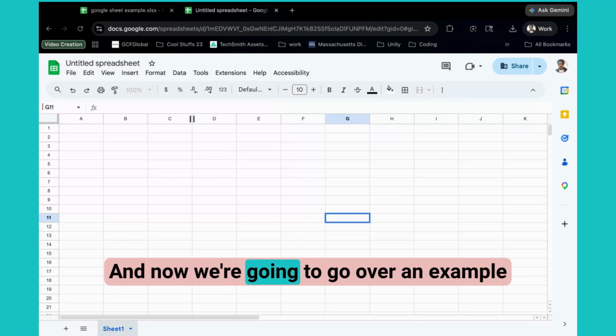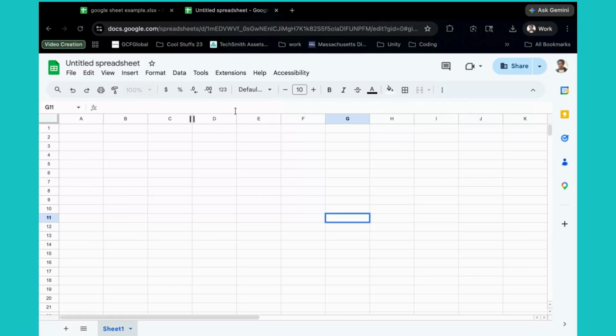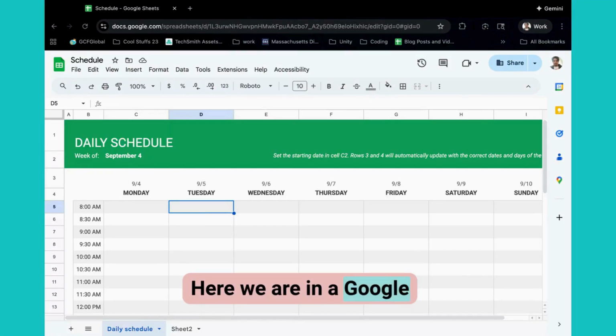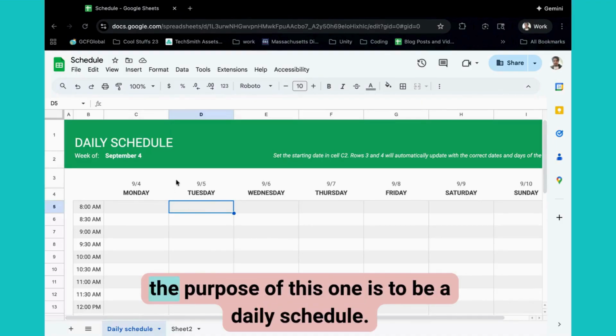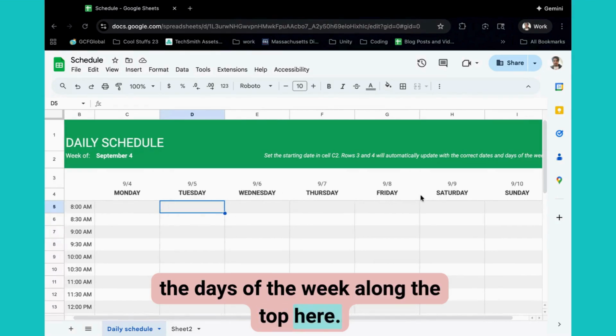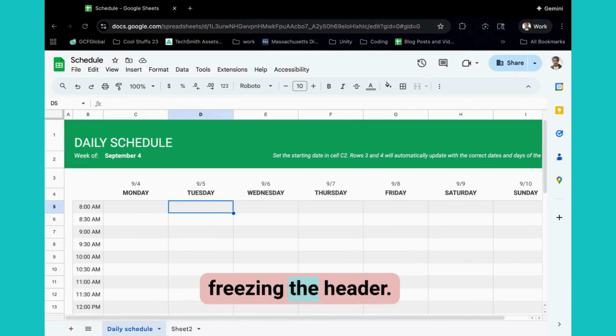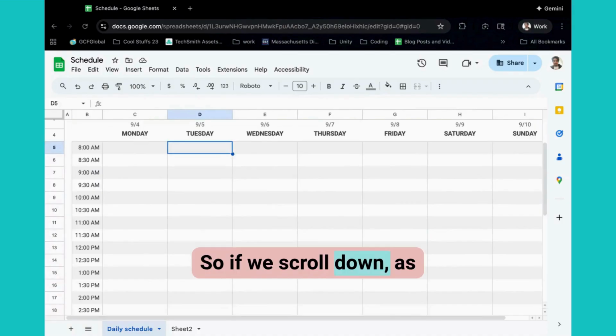And now we're going to go over an example of implementing one of these tools. Here we are in a Google Sheet template that is just a pre-structured sheet. And as we can see here, the purpose of this one is to be a daily schedule. So we have the days of the week along the top here. And what we're going to be talking about today is freezing the header. So if we scroll down,